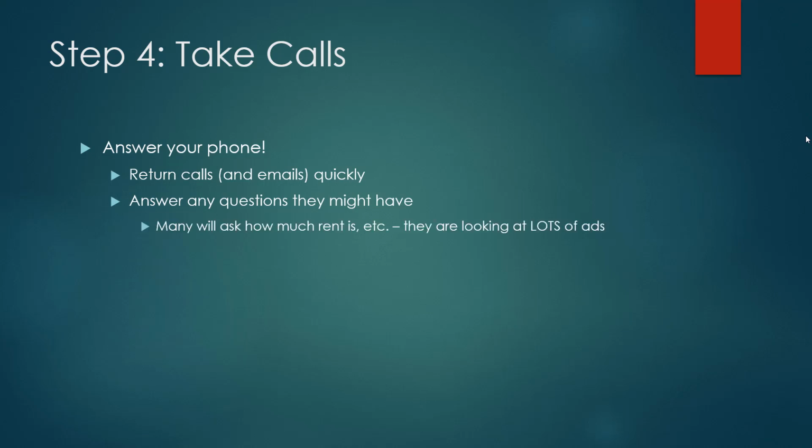So, number one thing you're going to get asked almost every time someone calls you: how much is rent? And you might be thinking, you're looking at the ad. How do you not know? Duh, you're clearly dumb. I'm not renting to you. Don't have this thought, right? Because the next question they're going to ask is, when's it available? It's in the ad, right? This used to drive me nuts till I figured out,